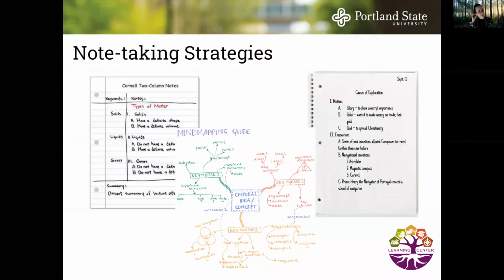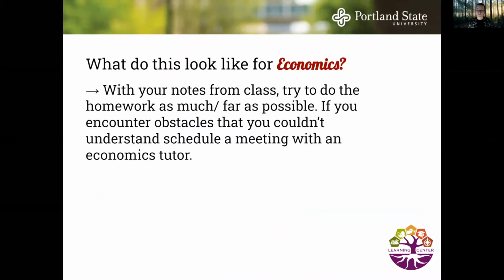And so here are 3 examples of different note-taking strategies based off of those learning styles. The example on the far right is your classic reading, writing learner where it's lists, it's organized, and that makes sense of how that person's brain can work. The far left is more graphical where it needs to be organized into categories, there's sections and it's visually distinct. And the center one is really a graphic, creative, artistic learning that colors help make things distinct, mapping, seeing how things interrelate. And so even that can give you a starting point to see which really resonates with you and which would help you study and retain information.